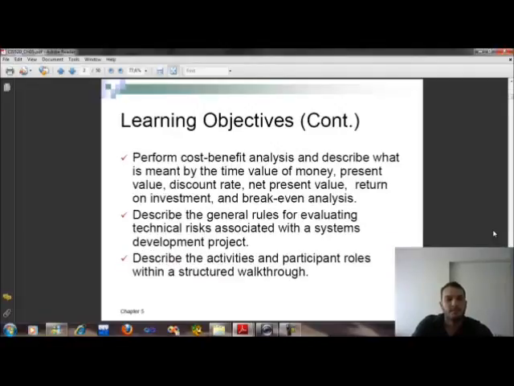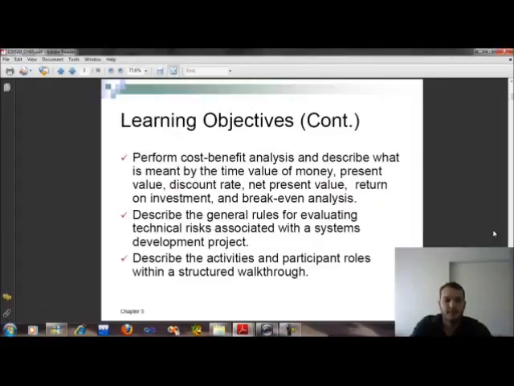And the others we will learn: perform cost-benefit analysis and describe what is meant by the time value of money, present value, discount rate, net present value, return on investment and break-even analysis, and describe the general rules for evaluating technical risk associated with a systems development project, and